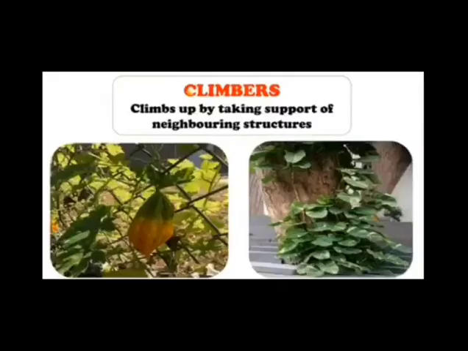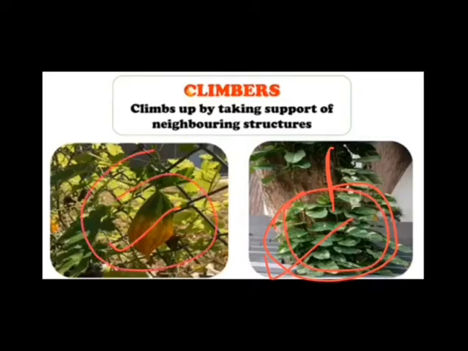You can see in this picture that this money plant takes the support of this tree and climbs up. So the climbers need support to climb up. This is a money plant, an example of a climber. This is the karela plant or the bitter gourd, which takes the support of this fence and climbs up. This is also an example of a climber. So bitter gourd and money plant both are examples of climbers, right?